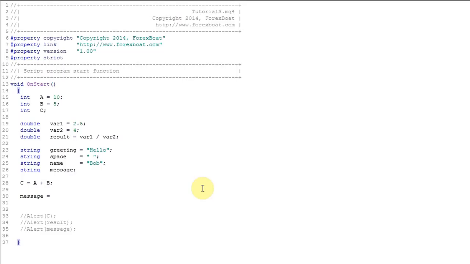Message equals "value of A is: ", and then here we'll say plus A, semicolon, and then we'll go alert